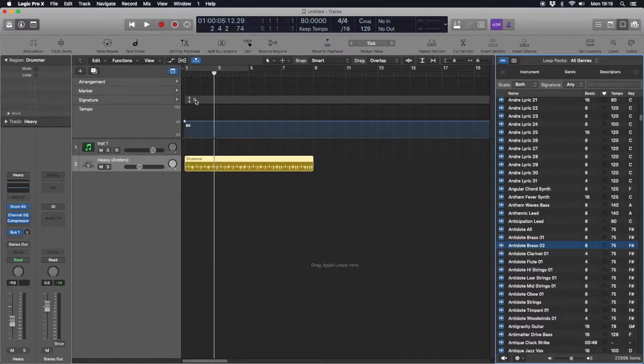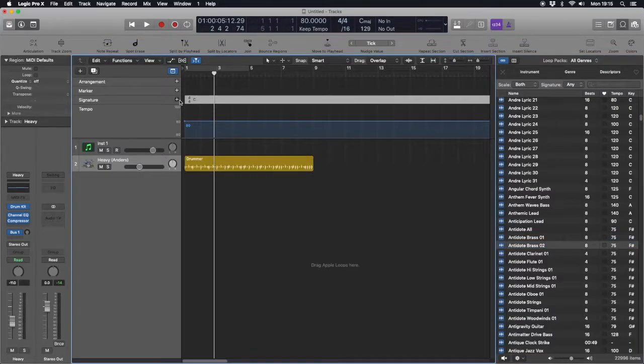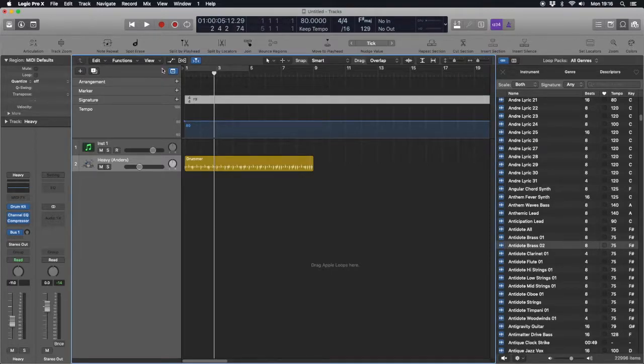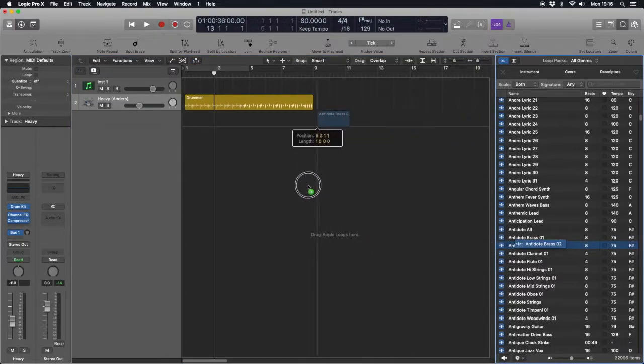So at the beginning of your composition, it would be really good if you know what key your song is in. Then double click on the C, and you can change the key from, at the moment is C major. If I wanted to use this loop in its original key, I would have to use F sharp major. And now if I press OK, this has changed to F sharp,